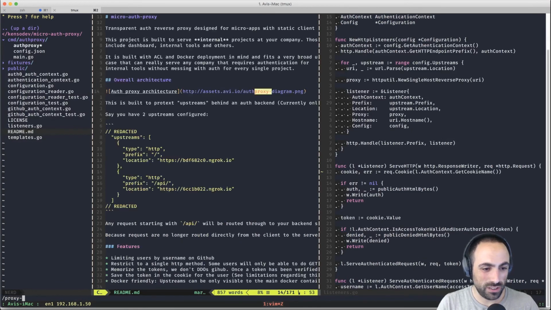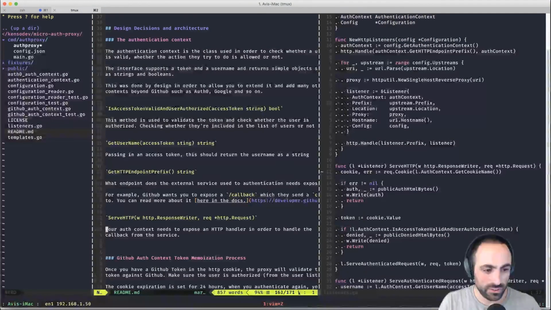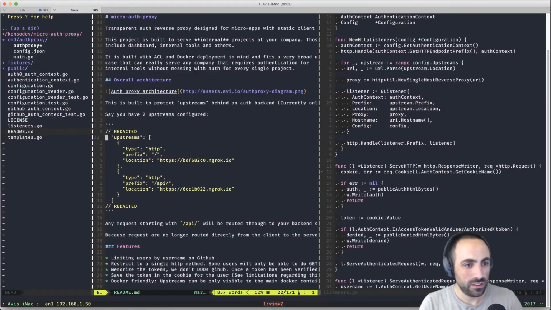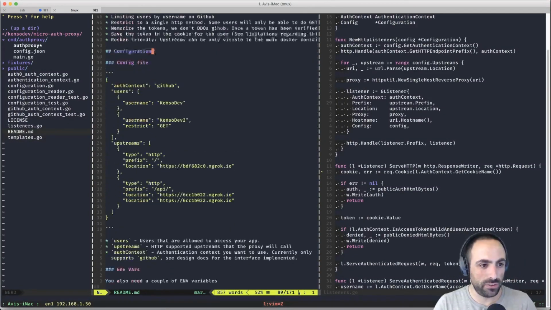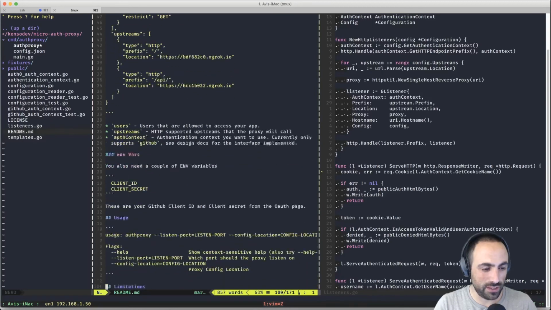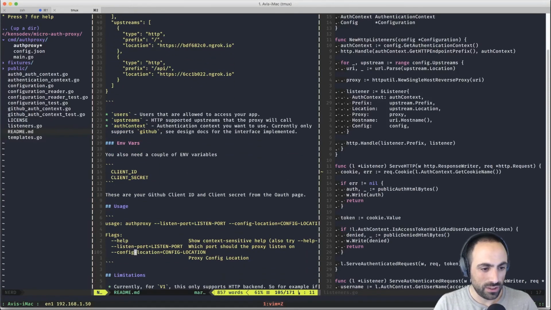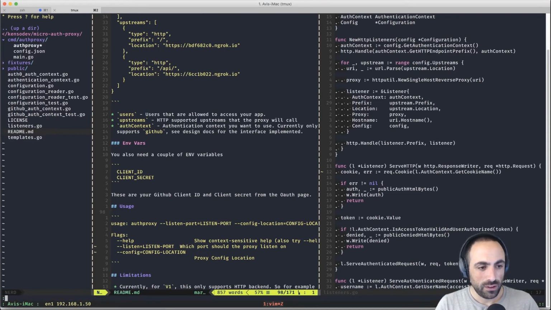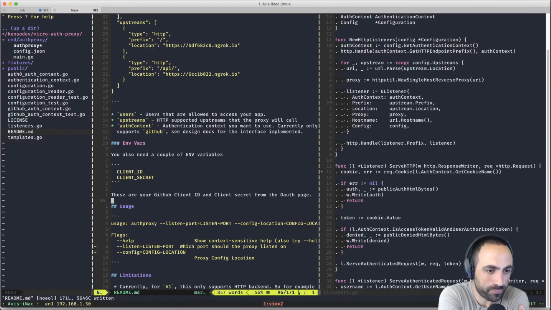So proxy location. Okay, great. So I see this is not even here. So overall architecture, and then feature, and then config file, then env vars, and then usage. There it is. So listen port is going to be listen, and config location is going to be config. There. So the README is there as well.